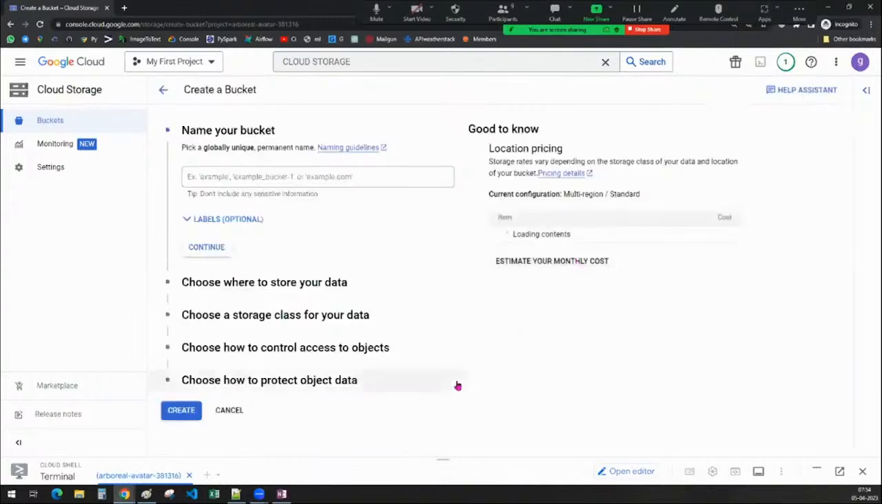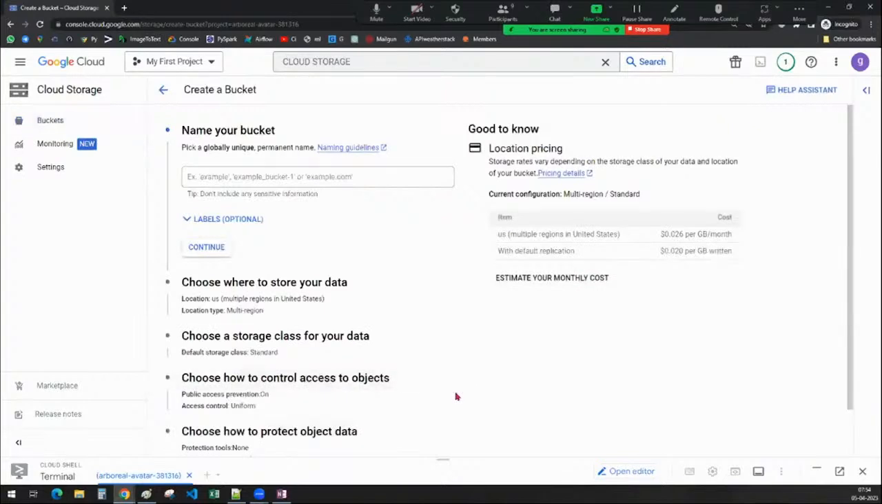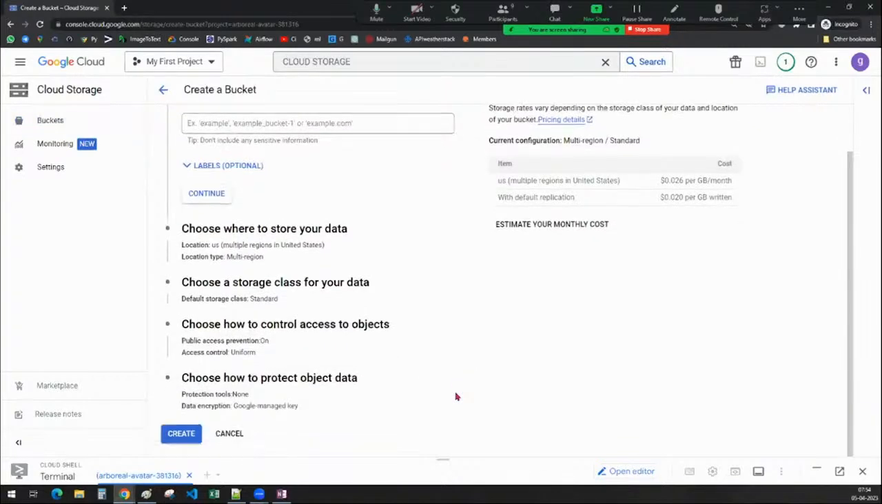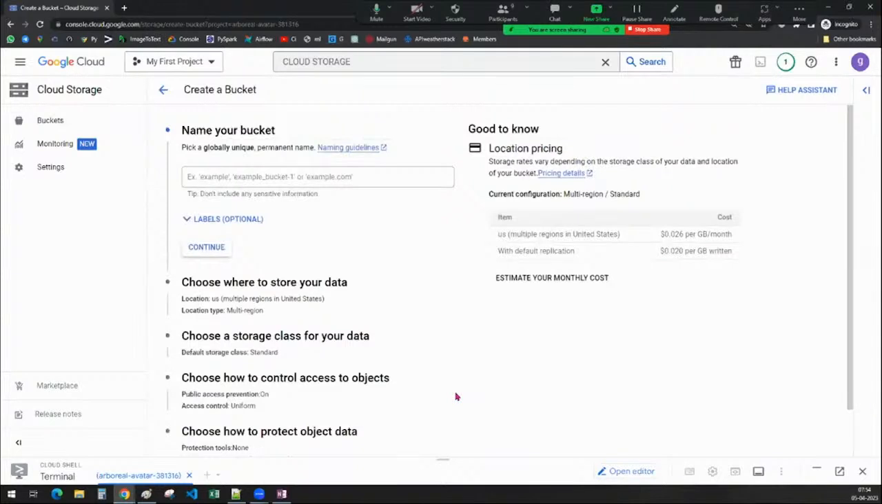Okay, when you click on create bucket, as I told you, there are a few things that we have to remember while creating a bucket. Okay, first thing, while providing a name for your bucket, we have to pick a proper globally unique name. When I say globally unique name, no one has used this particular name so far as a Google Cloud Storage